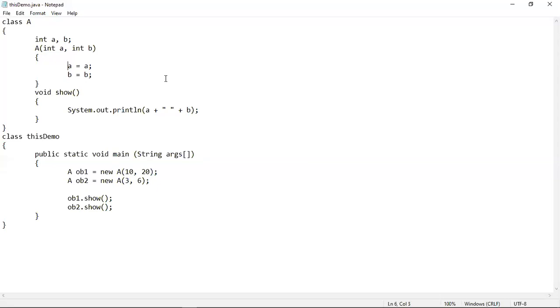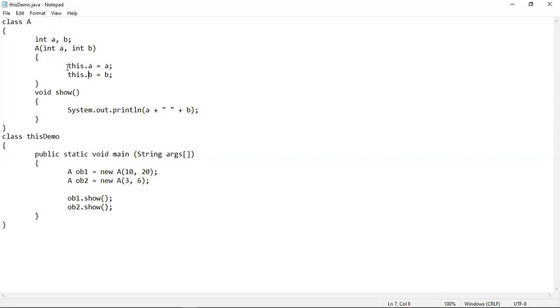So in this case, you have to use the this keyword before the instance variable names. This keyword is used here in order to prevent the instance variable hiding by the local variables. Whenever this situation arises, you have to use this keyword before the instance variable names in order to make them visible to the compiler or the interpreter, that is the JVM.